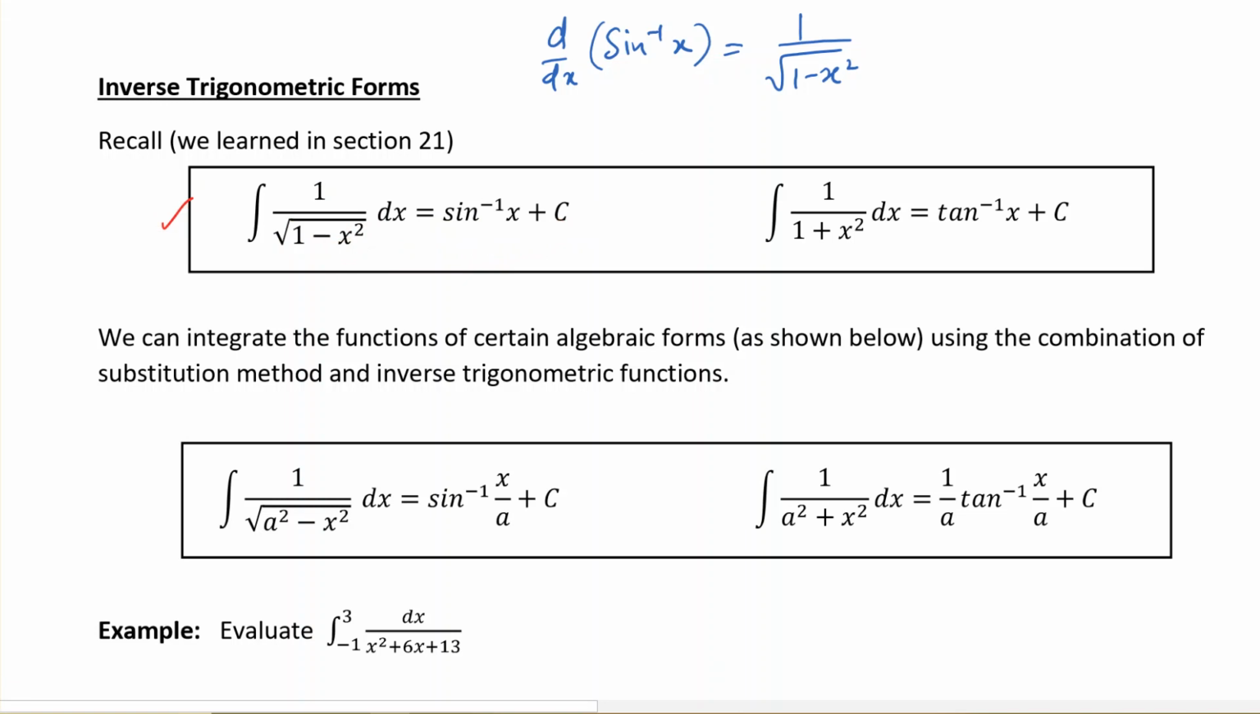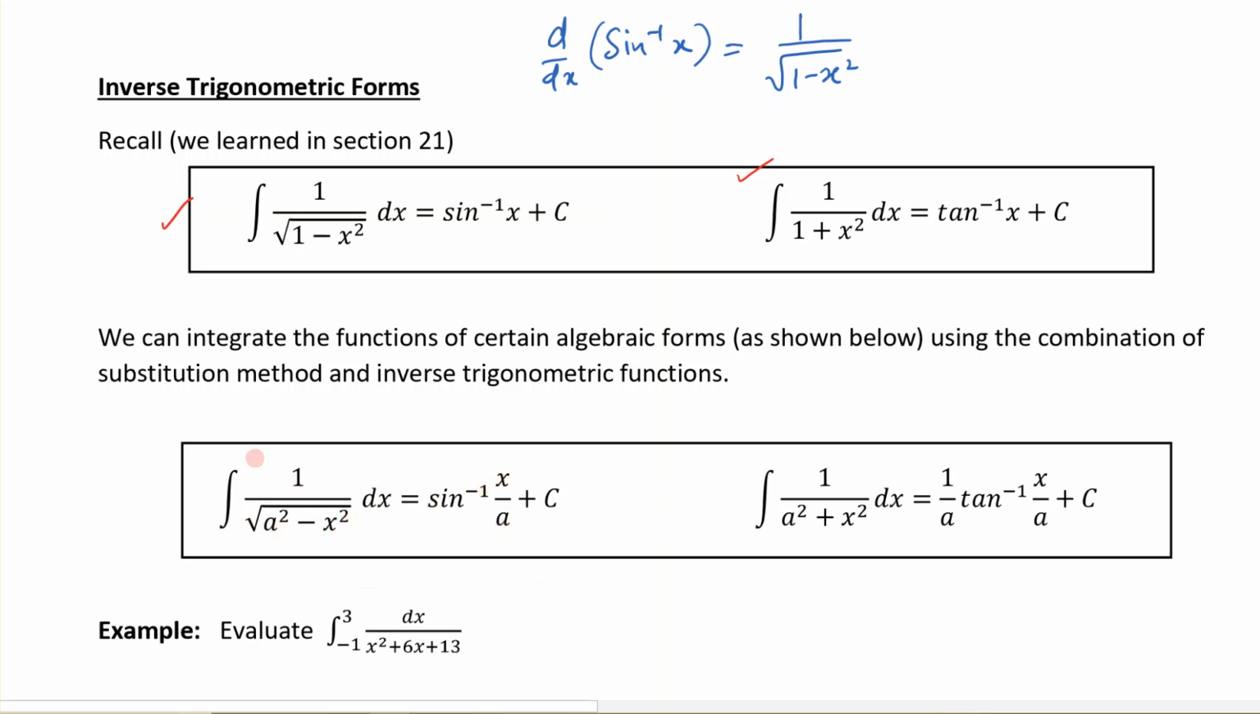And similarly, we also learned that the derivative of tangent inverse x is 1 over 1 plus x squared, and the corresponding integral formula is given here. But what if we have something like this? So in place of 1, we have a squared. The integral of 1 over square root of a squared minus x squared dx is sine inverse x over